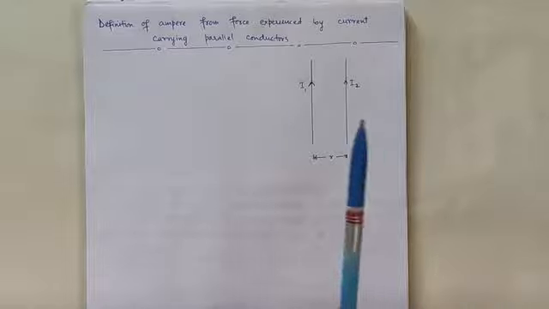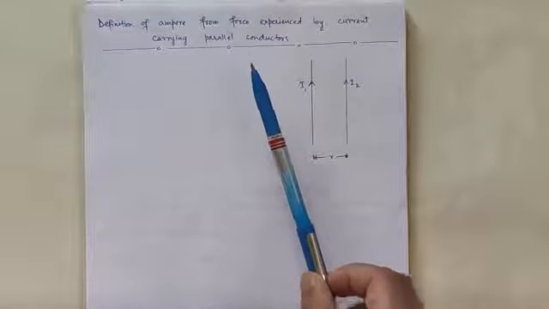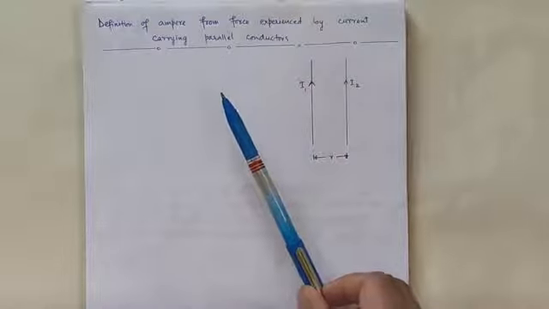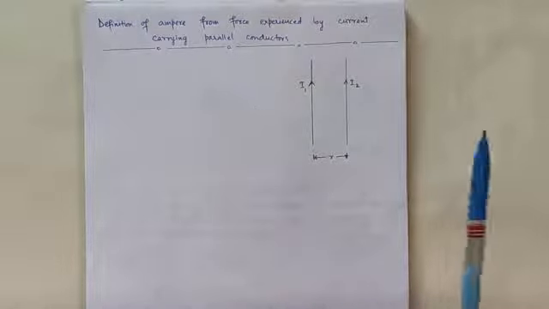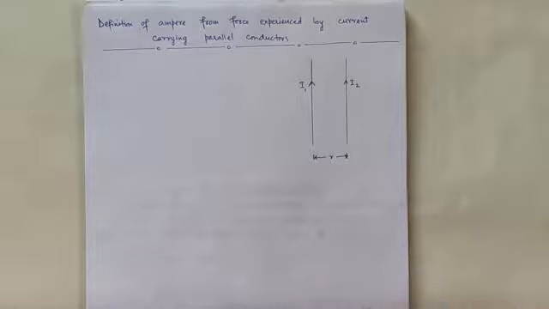Today we are going to define the ampere, that is the SI unit of electric current. We will define this ampere in terms of the force experienced by current carrying parallel conductors. Now as we know, the force acting per unit length